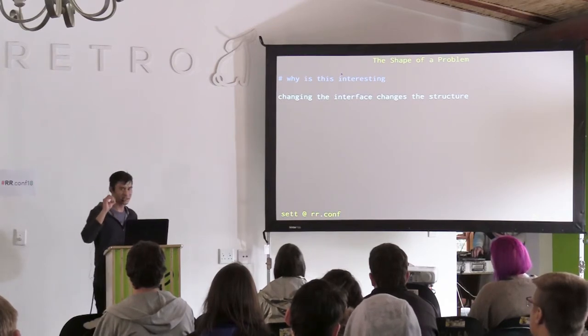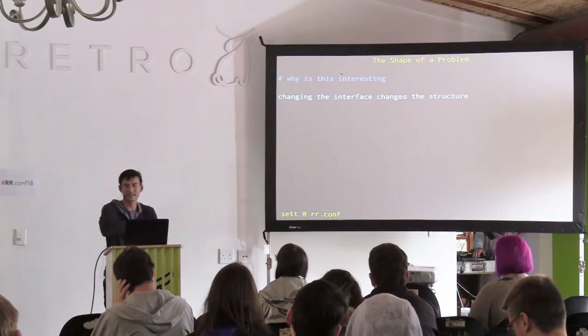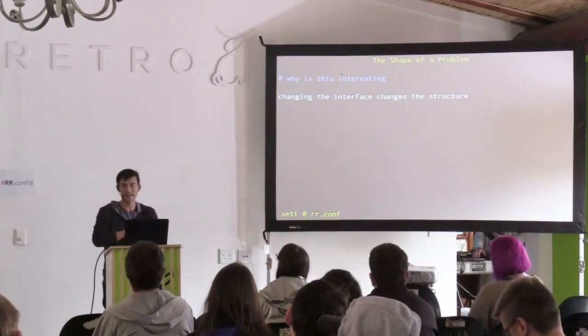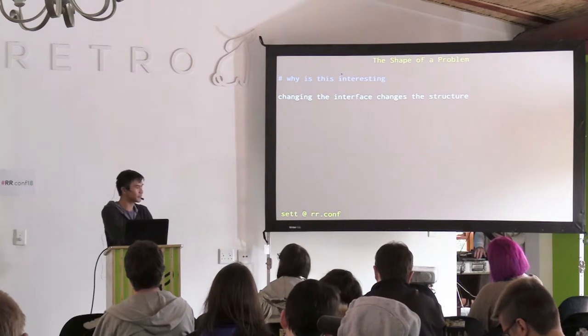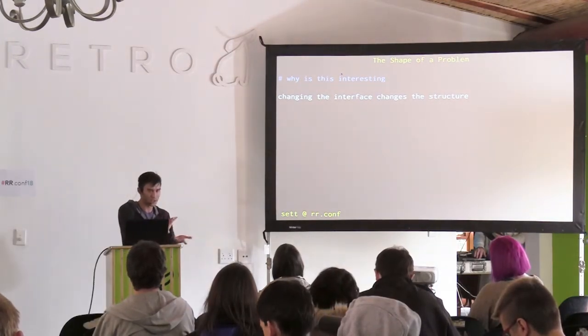And that's just by changing the interface. We think of interfaces as things just on top, like how you name a method, and that's just the interface. But it's actually more than that, because changing the interface kind of changes the structure or the topology of the underlying subject, or the thing that you're working with. And different structures open up different possibilities.